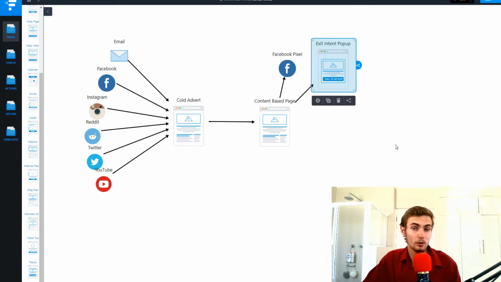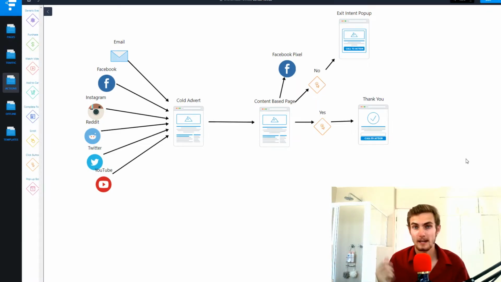And what you also want to include on your content-based page is an exit intent pop-up. What this does is, for the people who aren't interested in the content upgrade option, once they go for the exit intent pop-up or back option, the browser will know that they've been interested in this ad, and the Facebook pixel will remember this. And this pop-up at the same time serves as one last chance for them to enter their email to get involved in this free product or sample or whatever you're offering. So one of two things can happen.